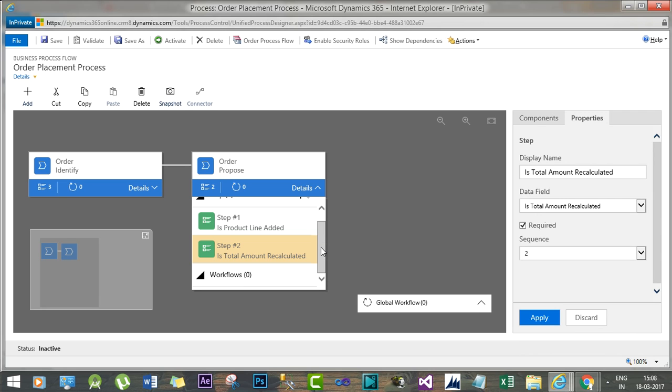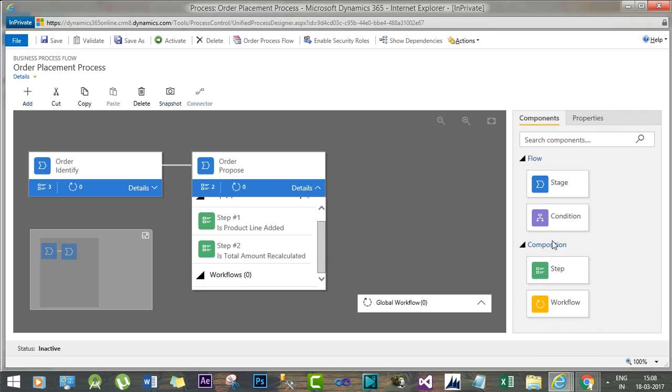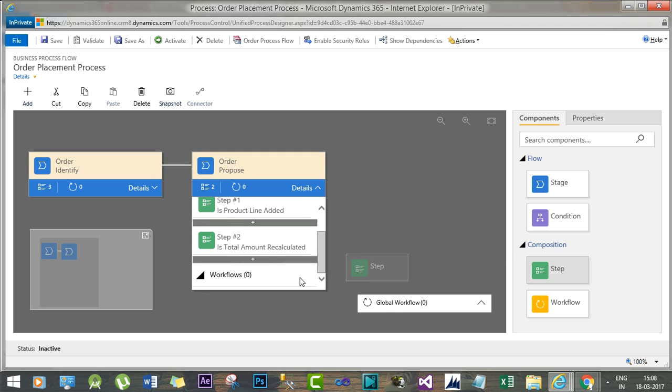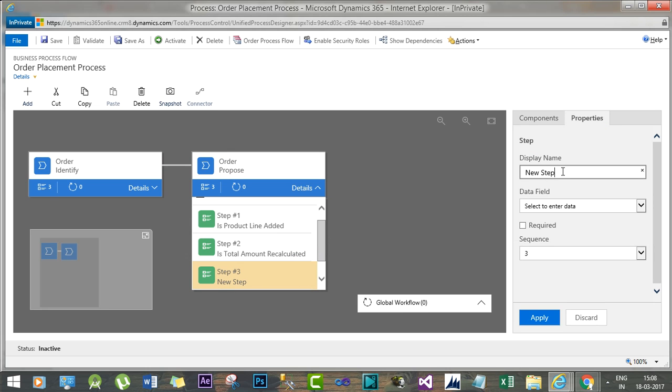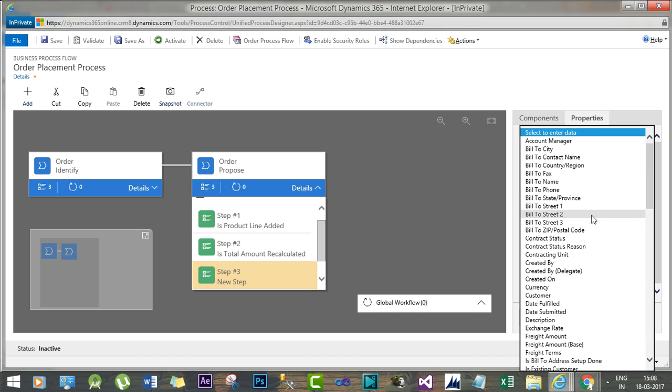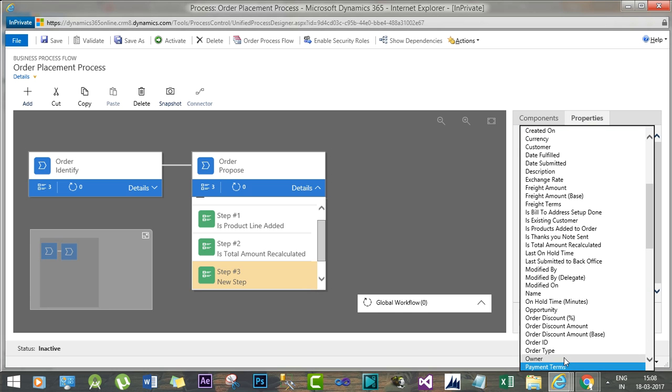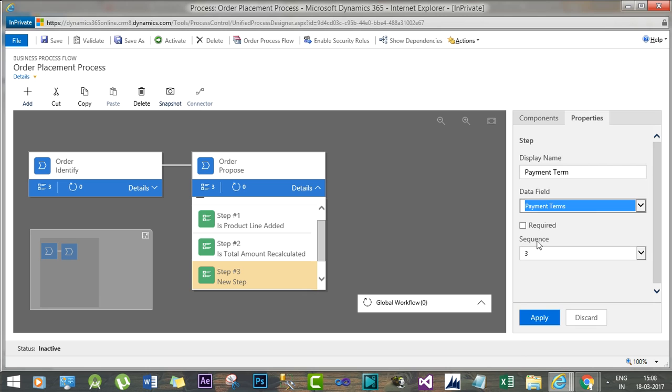And I will add another step here in stage 2 to have the information payment term, and select the data item field payment term,